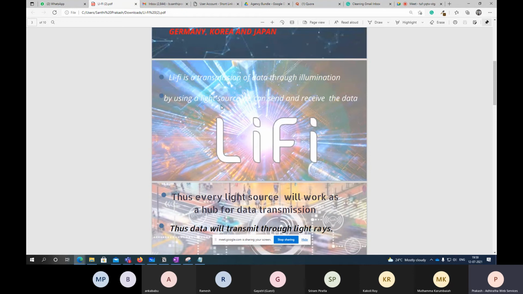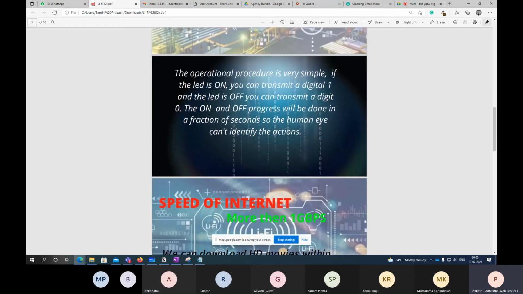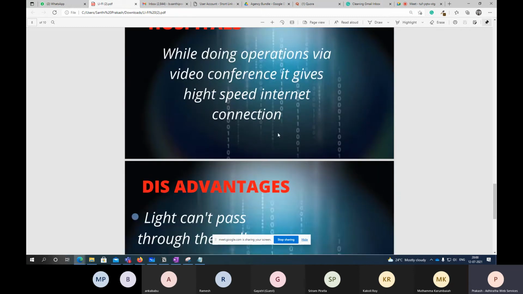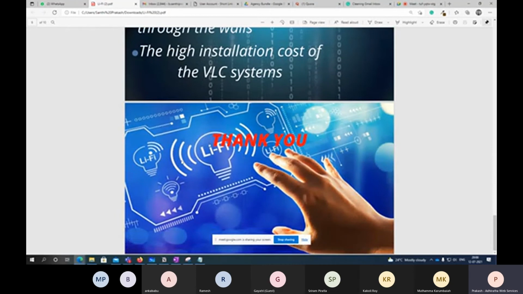And see this one. This is what Arun is asking now. See, the text is not that visible. Whatever you're trying to highlight here, Anka Babu, it is missing. See, by using a light source, we can send and receive data. So this V is completely gone, right? Yes. These are the things we have to fix. Now see, this one is actually solid. The background, the image, everything is good, right? Yes. And even in the last one, the image is getting pixelated. That's what we have to improve and correct ourselves.